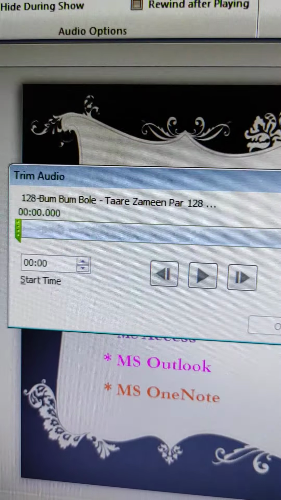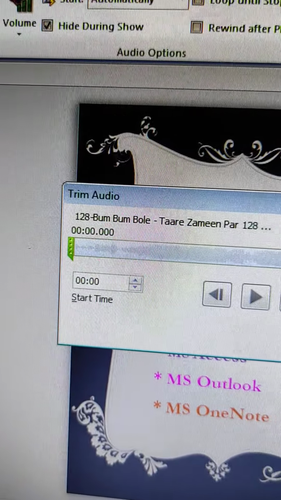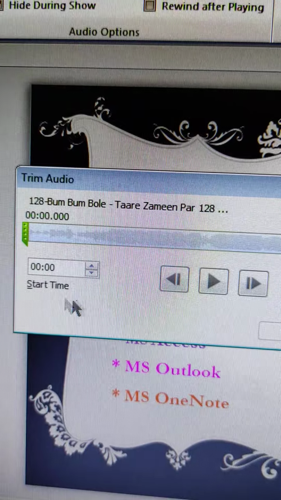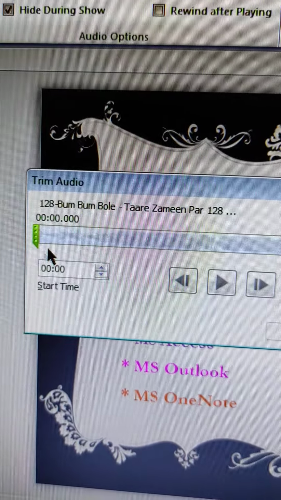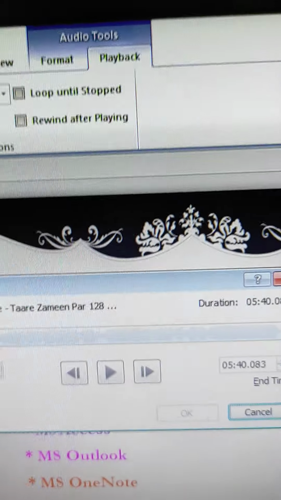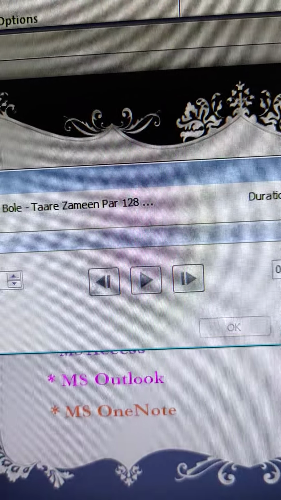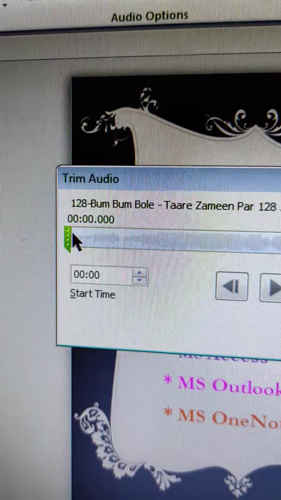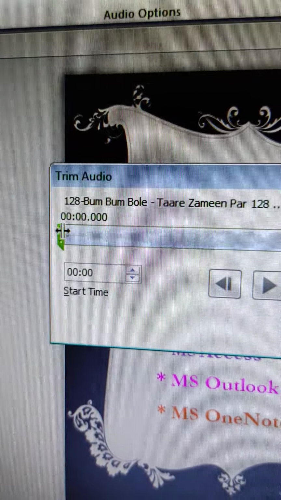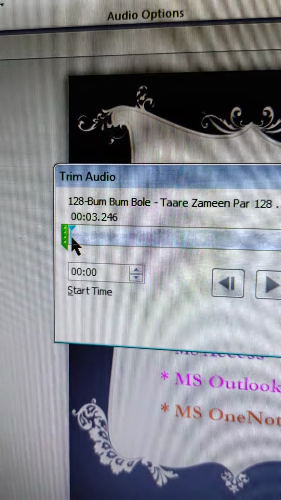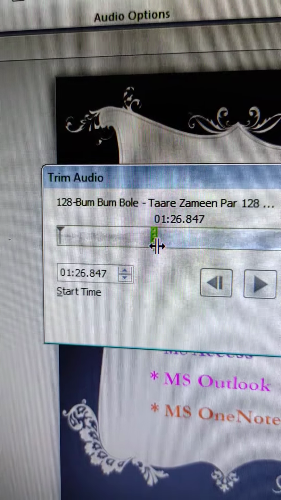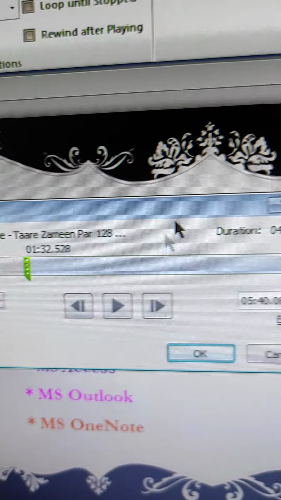Now you can see here this is the green bar and this is the red bar. Just click and drag the green handle to the position from where you want to start the audio. I don't want this part, I want it directly from here.